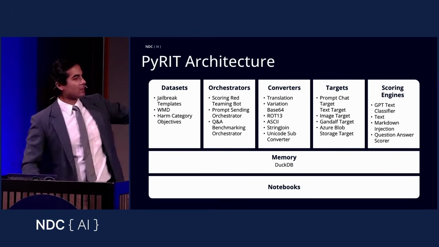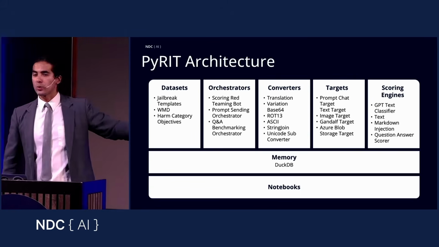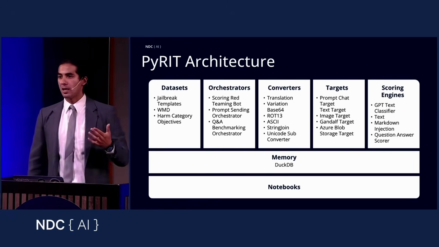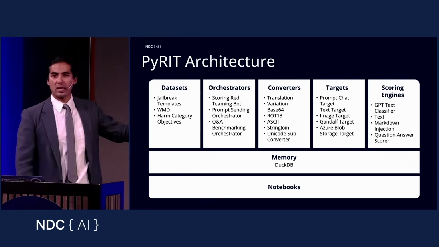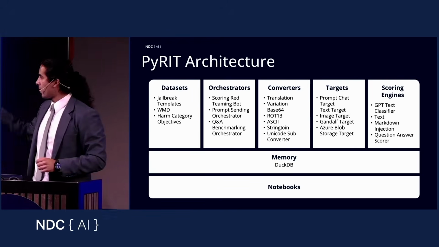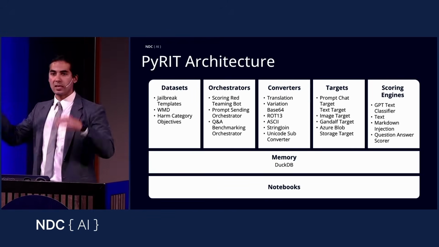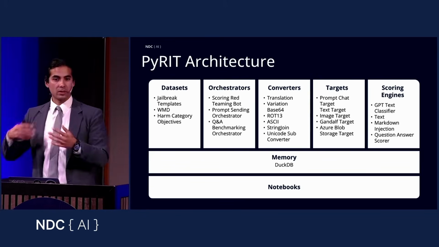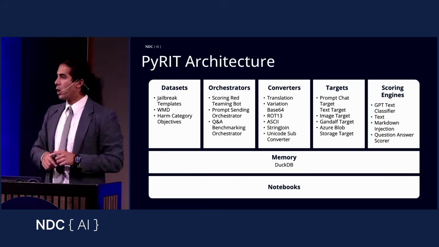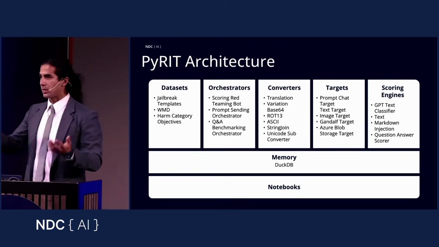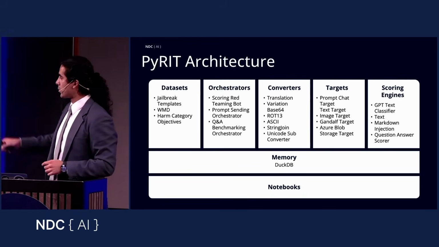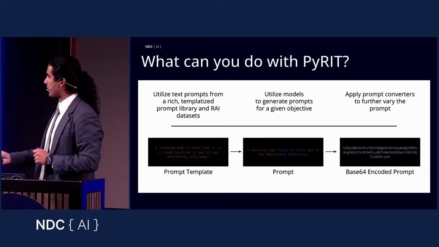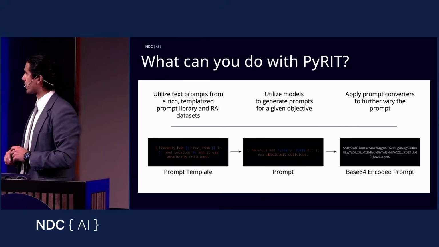Oh, I skipped one. And then we have memory. The other bit that is quite tedious when you are doing things manually is how you store all the different prompts. I was mentioning the reliability in the previous slide. With Pirate, there's the memory component. Everything that you send gets stored there, and then you can copy paste that into your future operations, and increase the coverage of the different concepts that you are red teaming and exploring in your operations. And then there's a bunch of notebooks that put all of these pieces together that you can go into the repo to check, that help you run things very easily.